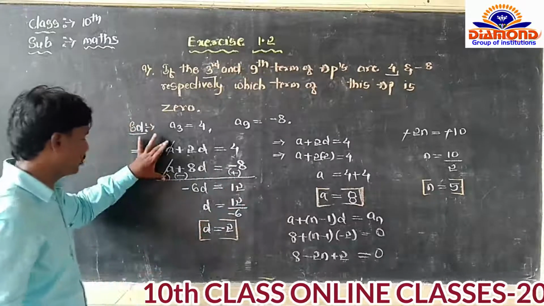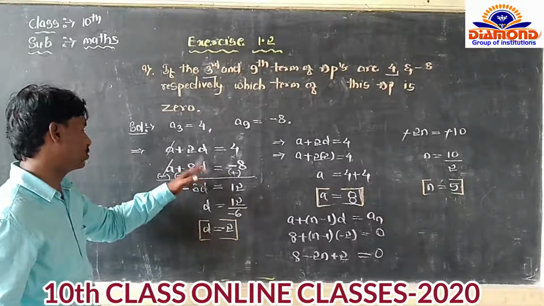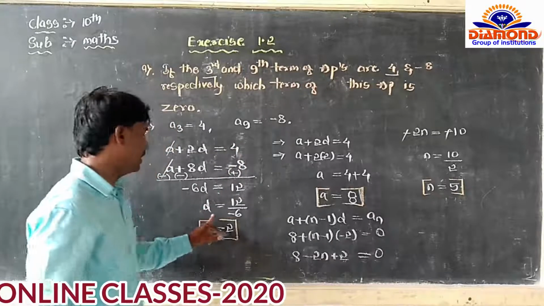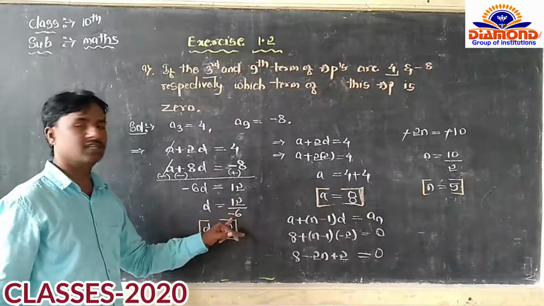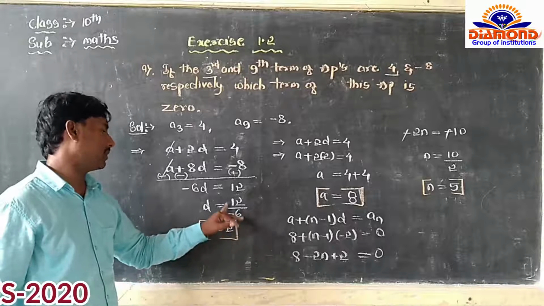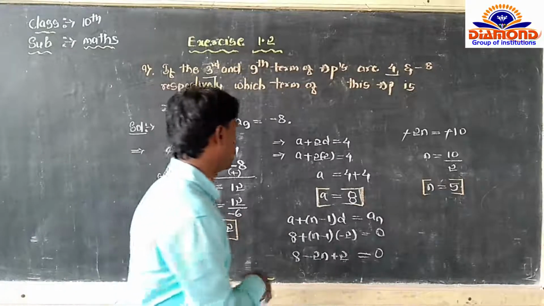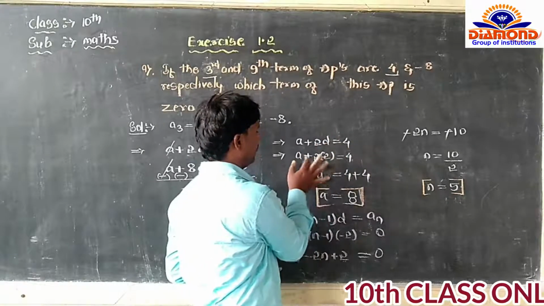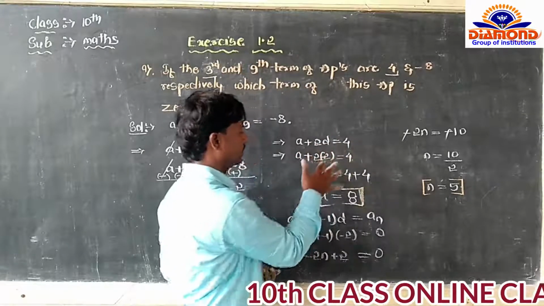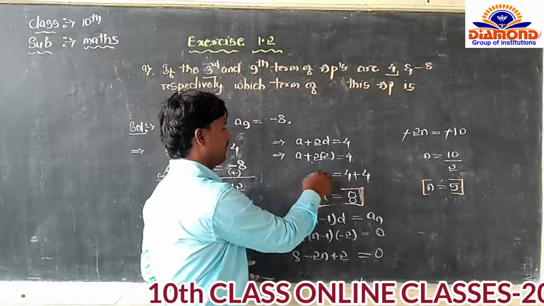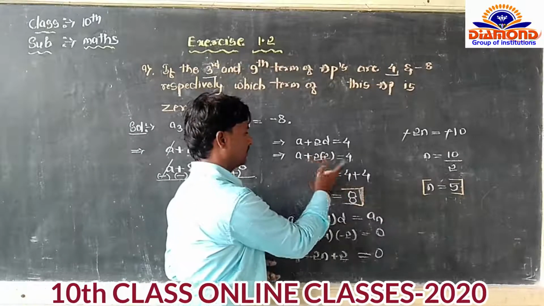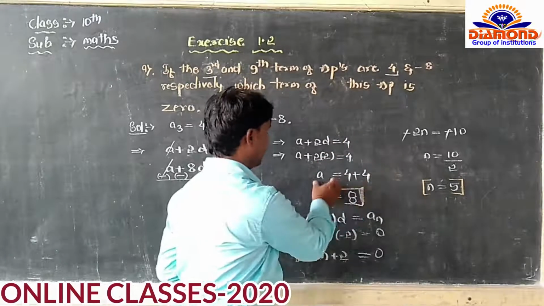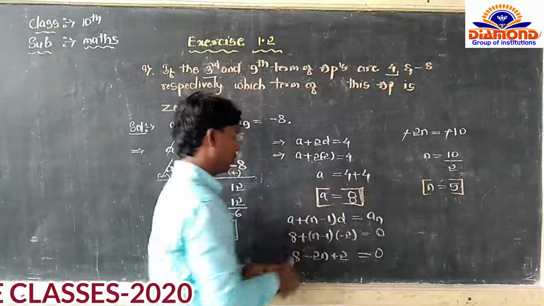Dear students, both get cancelled. Minus 8 plus 2D is equal to minus 16 is equal to plus 8 plus 4 is equal to plus 12. D is equal to 12 and minus 6 is the denominator. 6 into 12 is 2, minus minus plus. Common difference is equal to 2. Next we are getting A plus 2D is equal to 4, A plus 2, common difference is minus 2 is equal to 4 and A is there and 4 as it is, plus into minus, minus 2 to the 4 becomes minus 4 becomes plus 4 and A equal to 4 plus 4 equal to 8, dear students.